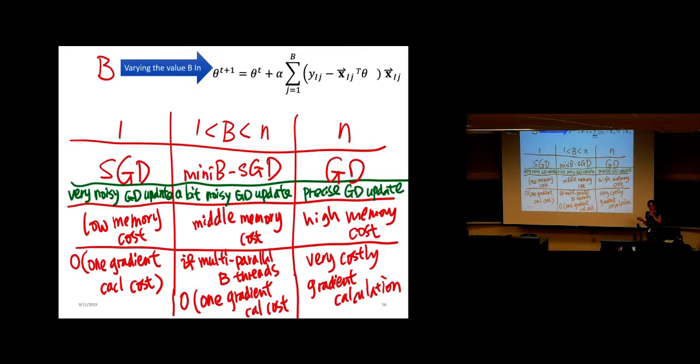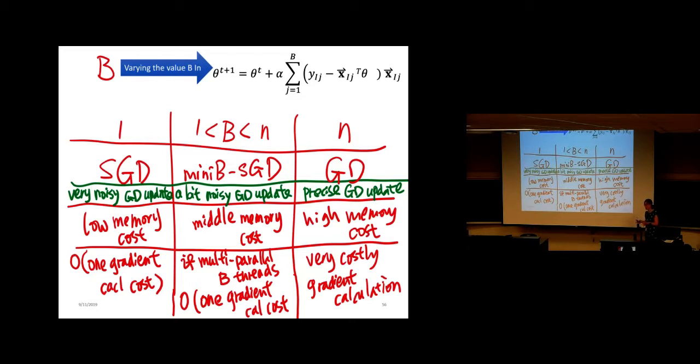Because that's exactly a precise gradient vector we calculated. And stochastic gradient descent uses only one sample, right? Mini batch needs B samples, and gradient descent needs all the samples. In the case of large, massive data, a lot of the time there's just no way you can fit all the